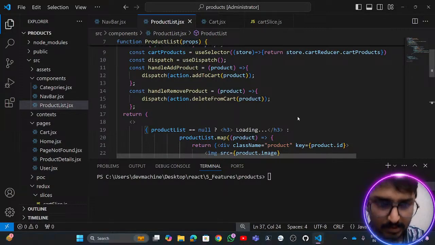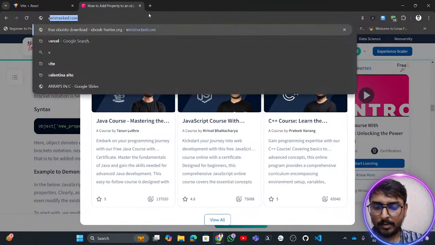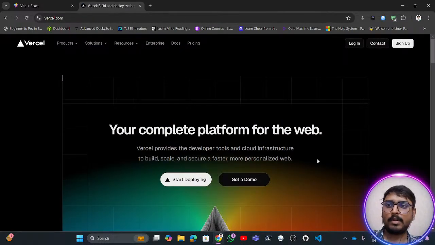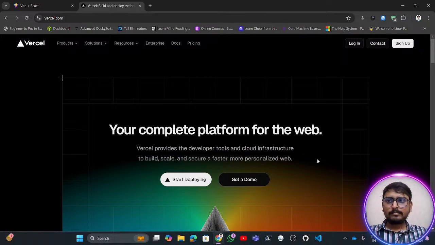Anyways, let's focus and go to this particular thing known as Vercel. Let's see how we can do this deployment part. We'll figure out this particular bug later. This is one such platform where we can deploy our React application altogether. In this, if you click on this login thing,